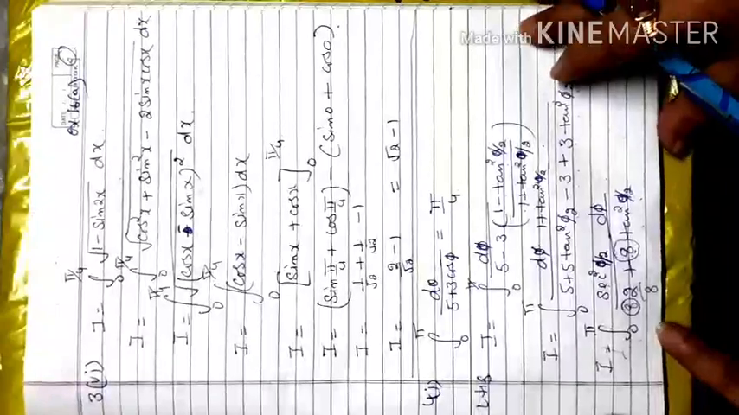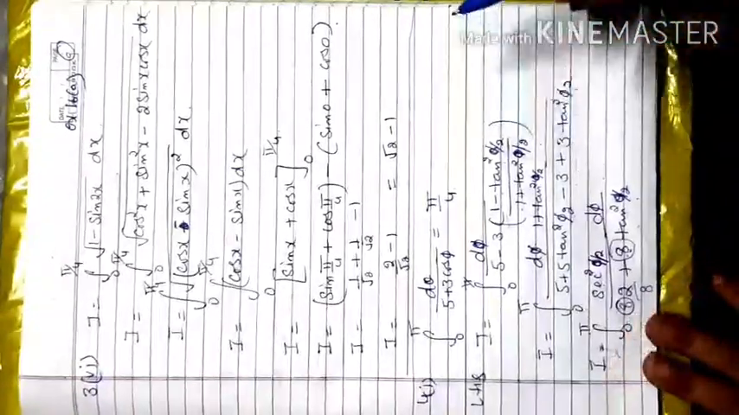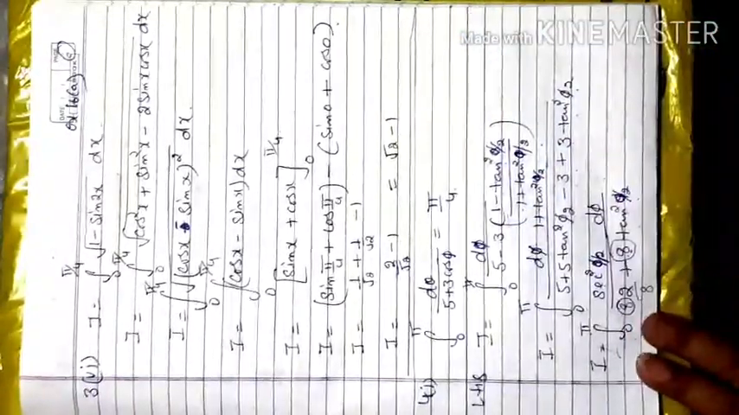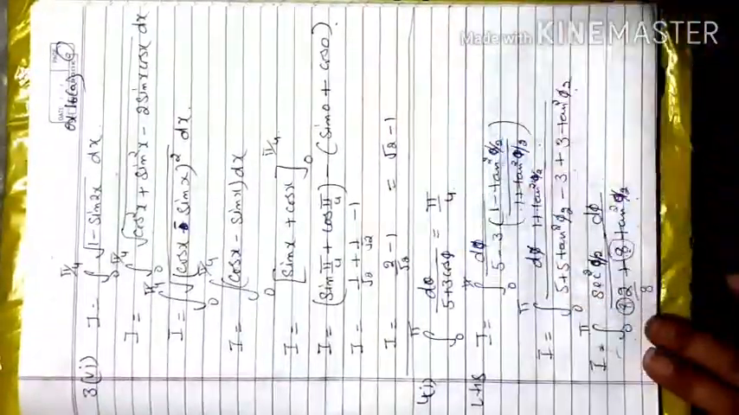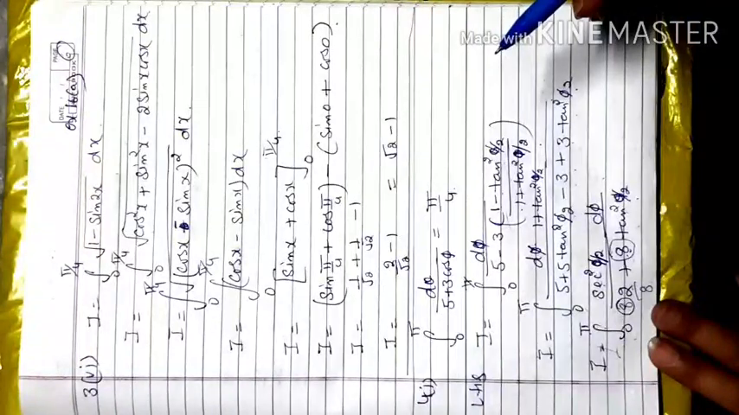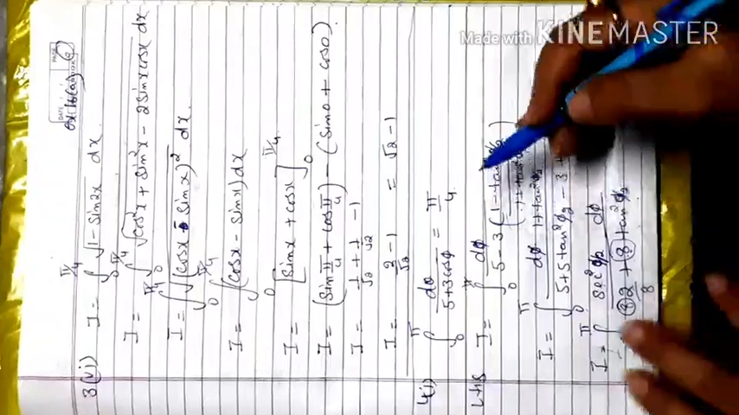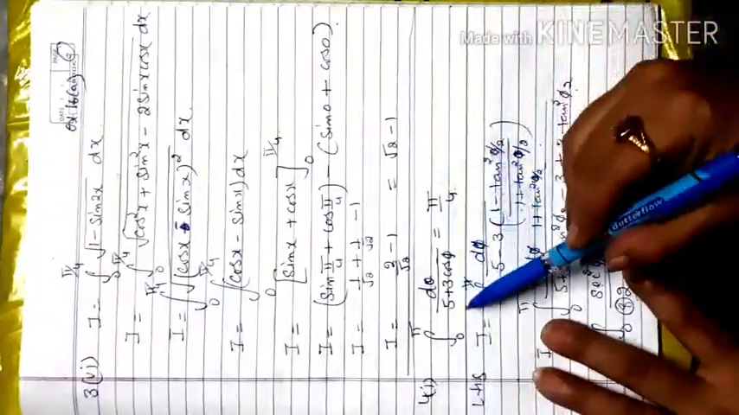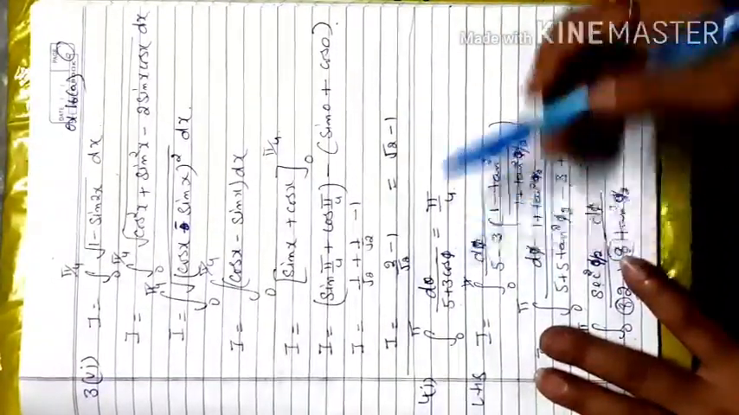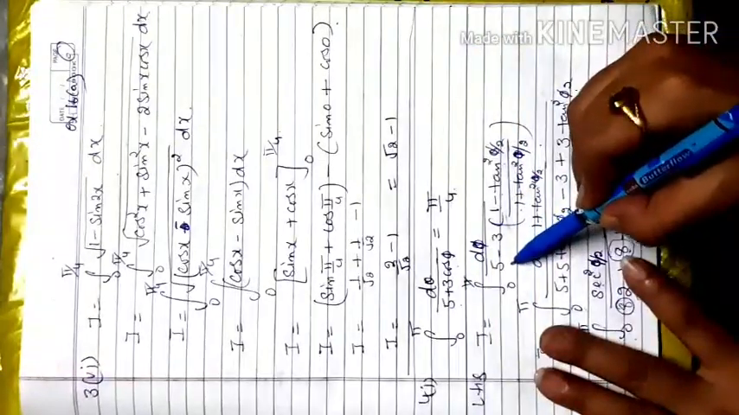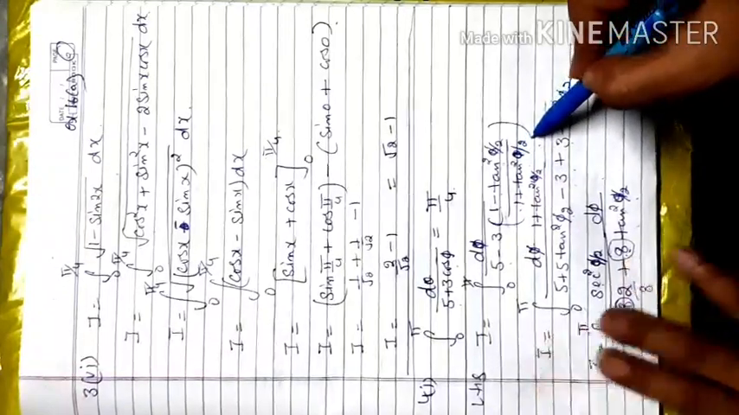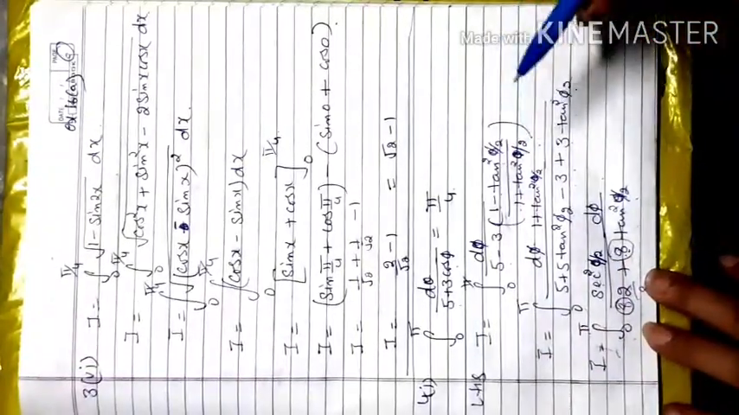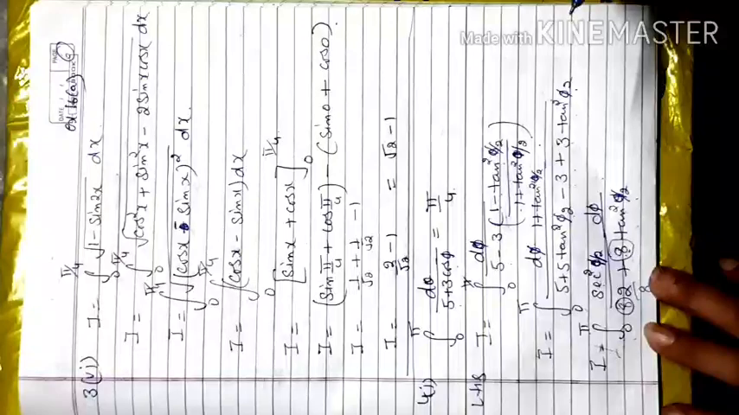Next is fourth question, first part. So here only cos phi is given, and the numerator is d phi, denominator 5 plus 3 cos phi. So what you will do here is apply the formula. Here this is 5 plus 3 cos phi, so that becomes 5 plus 3 times (1 minus tan square phi by 2) over (1 plus tan square phi by 2). So actually by mistake I went with that,